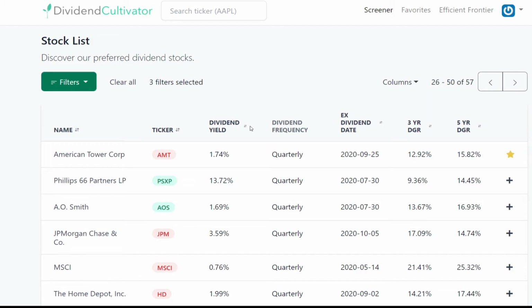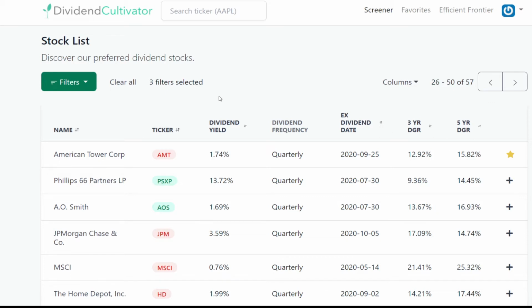So let's go ahead and scan a couple stocks here. It's a very clean interface. It shows you the data that you want to see: the dividend yield, how often the dividend is paid, when the ex-dividend date is, and the 3 and 5 year dividend growth rates. So I'm a dividend growth investor. I have a long time horizon, so I like to see this data at least be above 8% for the 3 year and 5 year, just because I don't necessarily need the dividend income right now, and I would much rather prefer to buy a company that is growing their dividend, and 10 years from now, the dividend yield is yielding me a very good